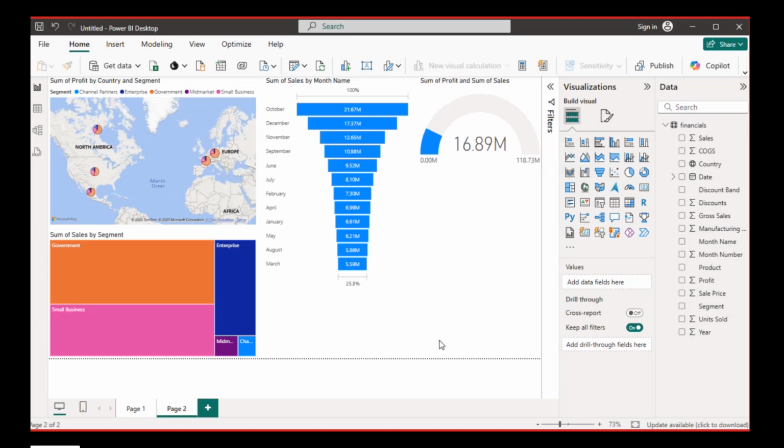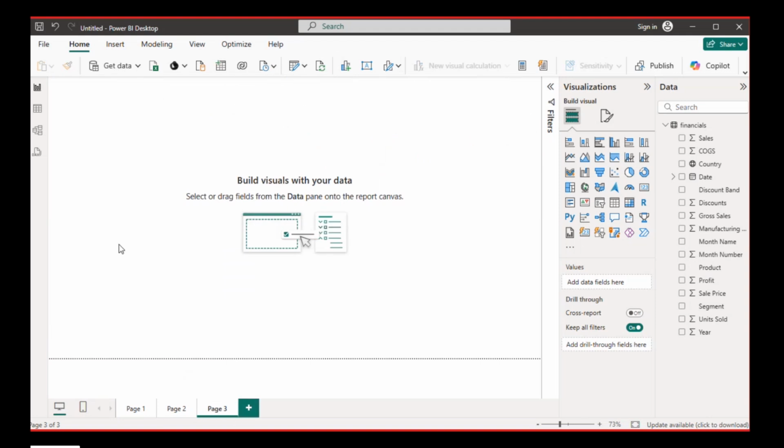Also, there are other kinds of charts. I'm creating a third page. Guys, please, are we making sense today? Have we learned something? Are we learning something? If you've learned something, or Power BI is making sense